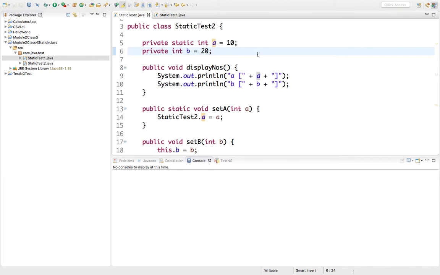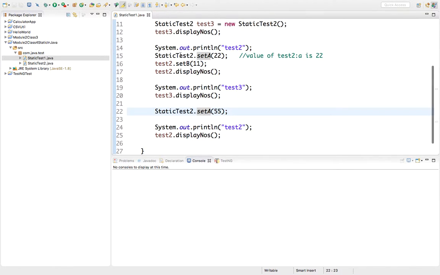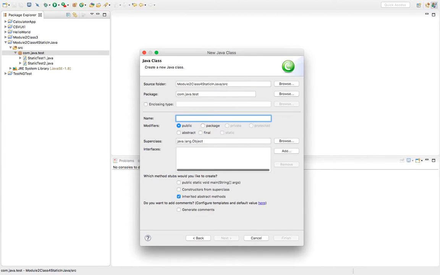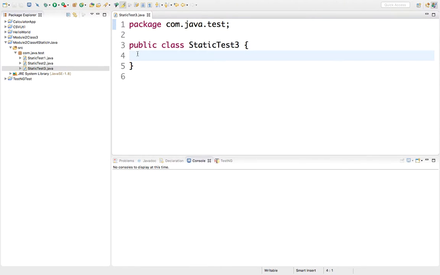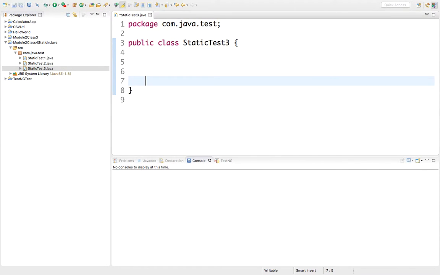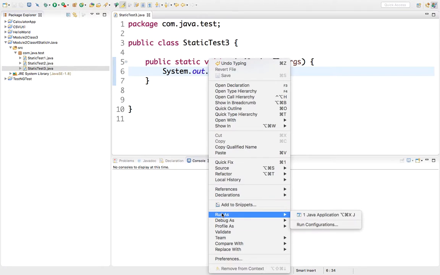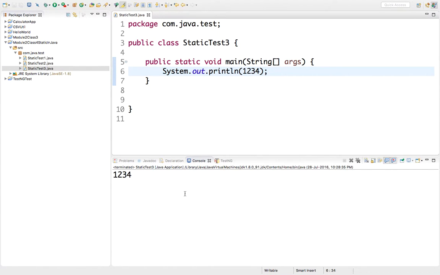Now the third part is the static block. Let's create a new class, static test3. So static block is something which is executed first. If we have a main method and I want to print 1 2 3 4, I can run it and it will print 1 2 3 4.